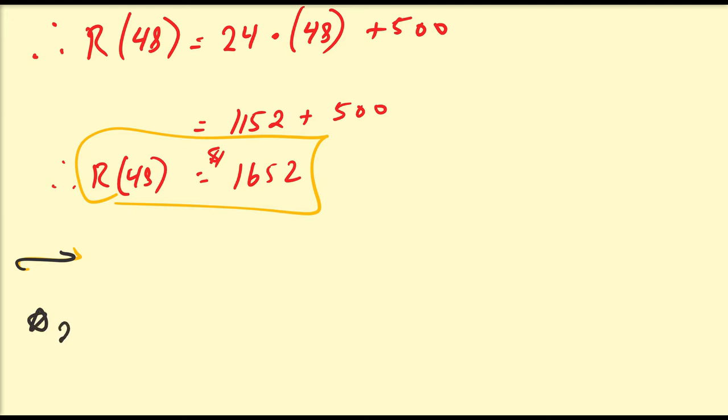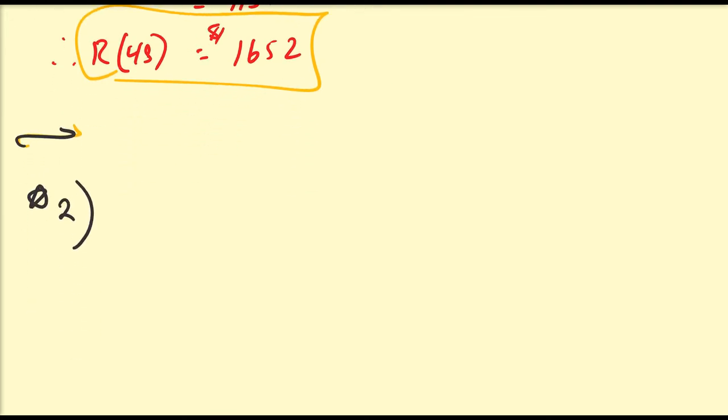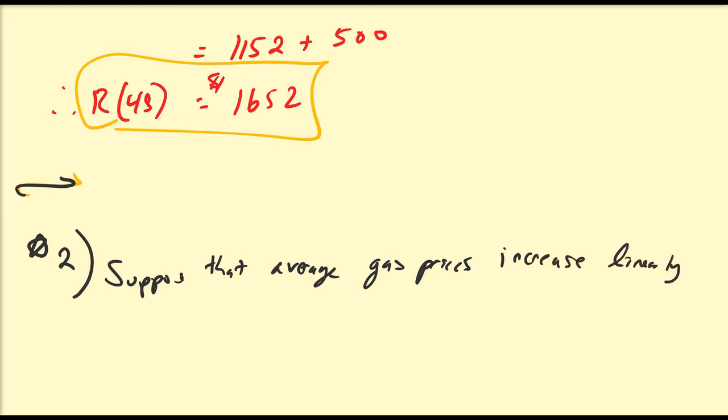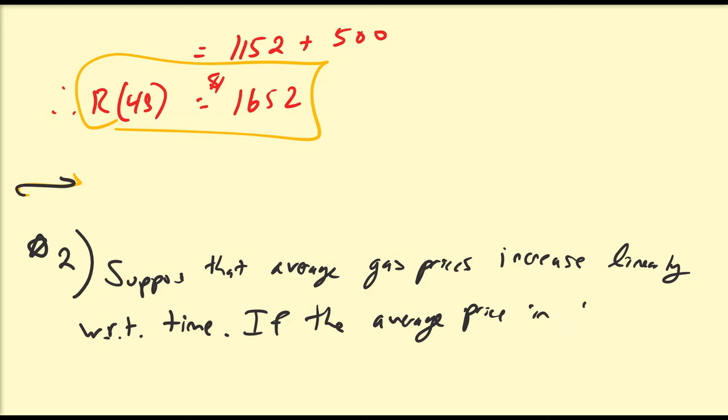All right, so let's look at application number 2. So let's suppose that average gas prices increase linearly with respect to time if the average price in 2000, the year 2000, was 1.51,